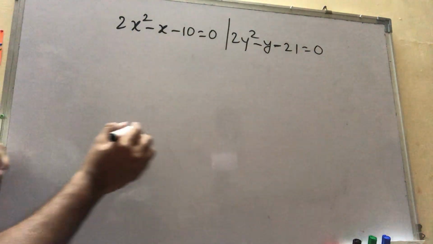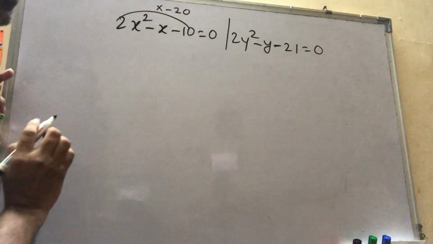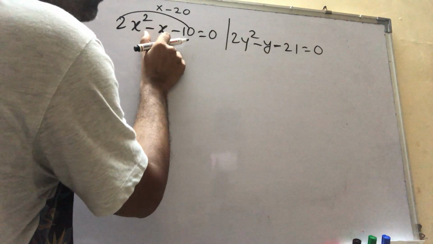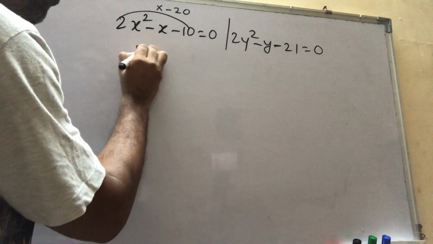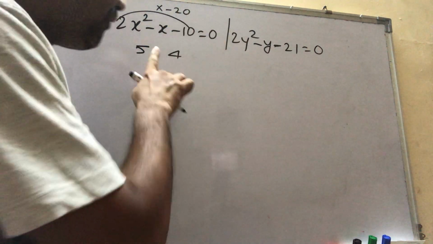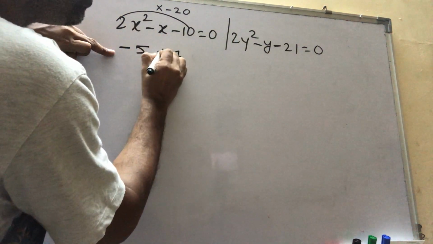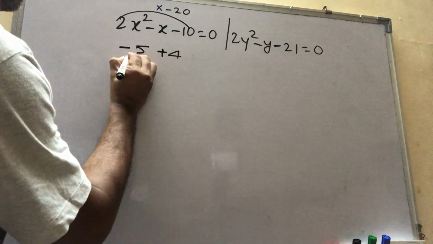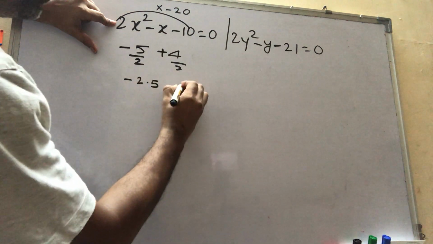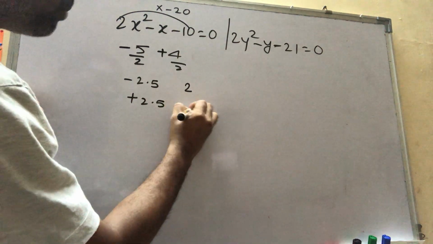So here what you will get, 10 into 2, that is multiplication minus 20, and factors minus and addition minus x. So 5 4s are 20. The multiplication of these two numbers is going to be 20. 5 4s are 20. Now here we have a minus, so the bigger number will go with a minus sign, and here it is a plus. Remember this. And divide by 2, because here we have a 2. So this is minus 2.5 and this is only 2. And when you take on that side, this will become plus 2.5 and this is minus 2.